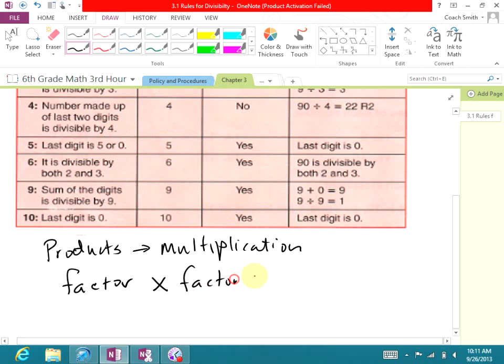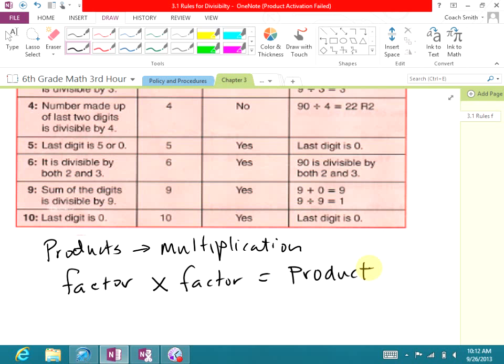Factor, and that equals a product. Okay? Well, what we're talking about today is we're coming up with shortcuts or rules that will tell us if one number is a factor of a certain product. For example, real easy one. If I had the product of 36